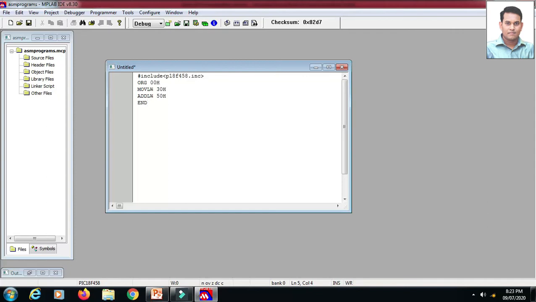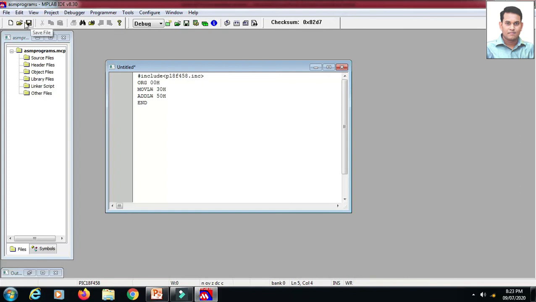Lastly, an instruction. So with the first instruction I will load data 30h into the W register, and in the second instruction add the contents of the W register with this immediate data. So this 30h will get added with 50, and by default the result will be stored in the W register. So save this particular file.